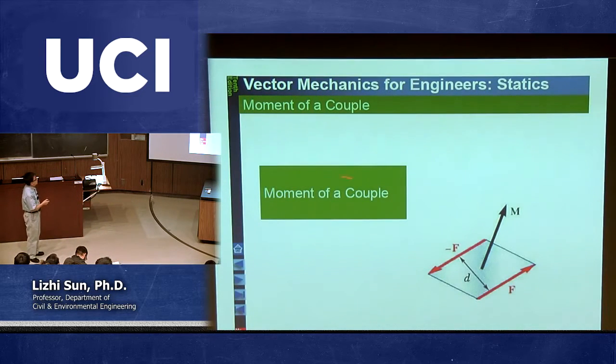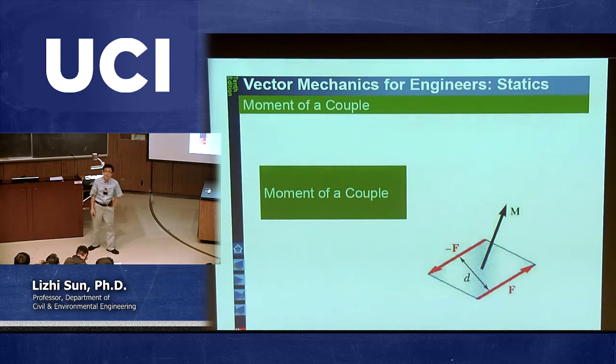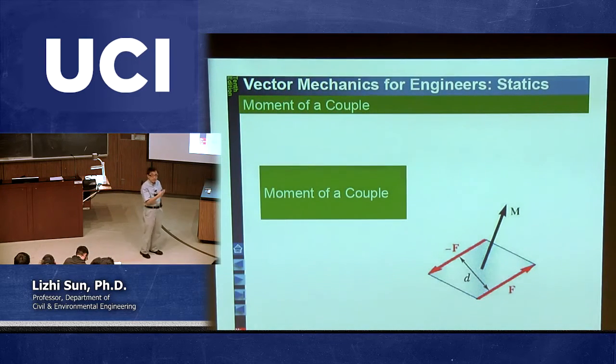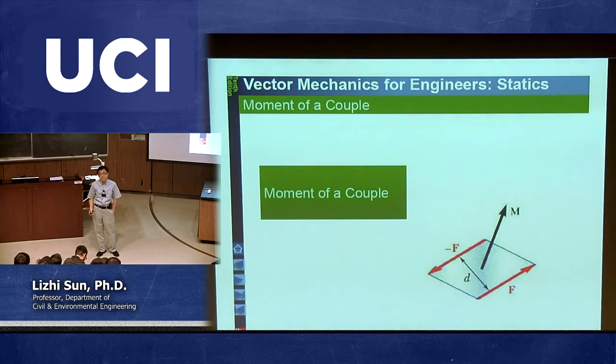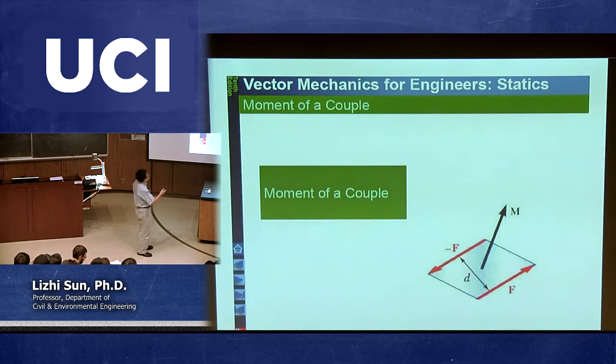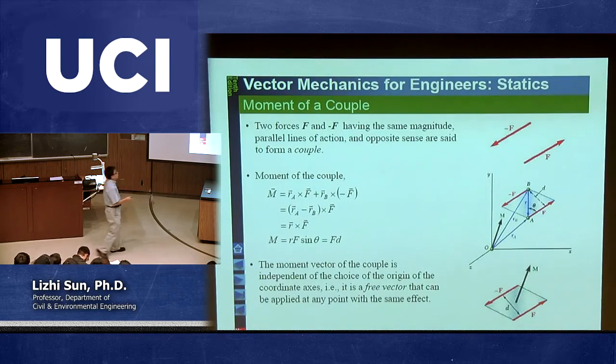The third type of moment is called a moment due to a couple, or moment of a couple. And this is a very important concept because we frequently use this. You may not have the real situation like this, but this is the concept we frequently use in order to move one force to another one. And this is also the basis for us to calculate what we call the single force system in 2-dimensional or 3-dimensional problems. So by definition, a couple is 2 force vectors which are parallel but in opposite direction,